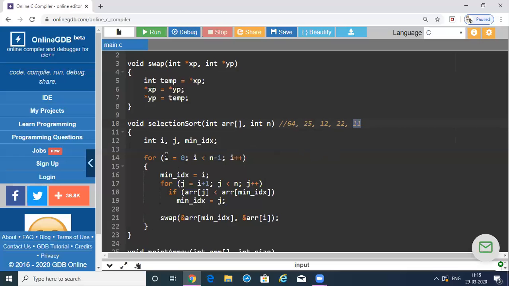Now what is the value of i? Note that we didn't change the value of i anywhere. Only j and minimum index were getting incremented and changed, right? So i is still 0. So what we will do? This will come in this location and this will come here. So our array will be